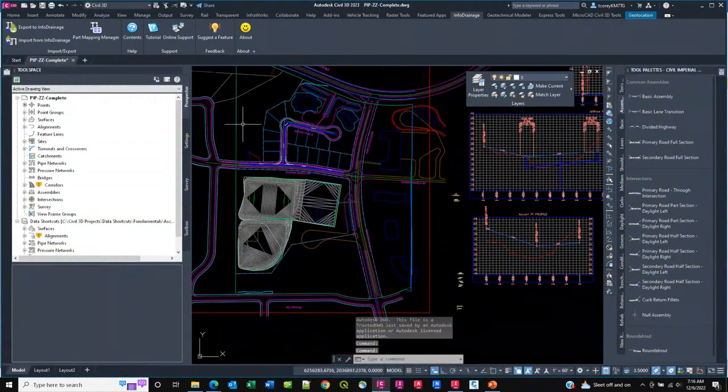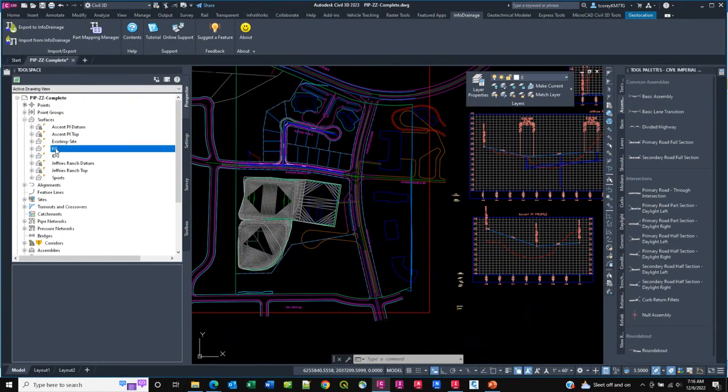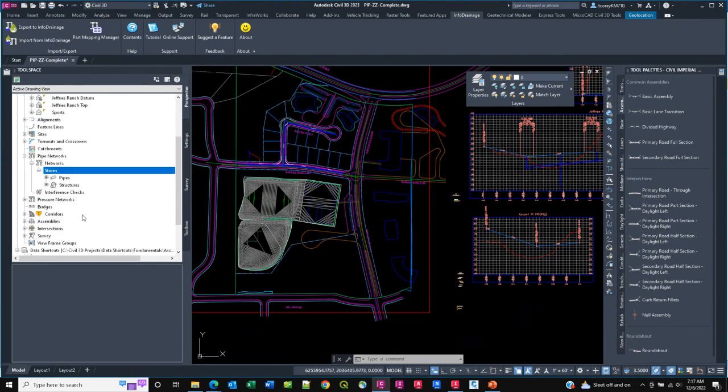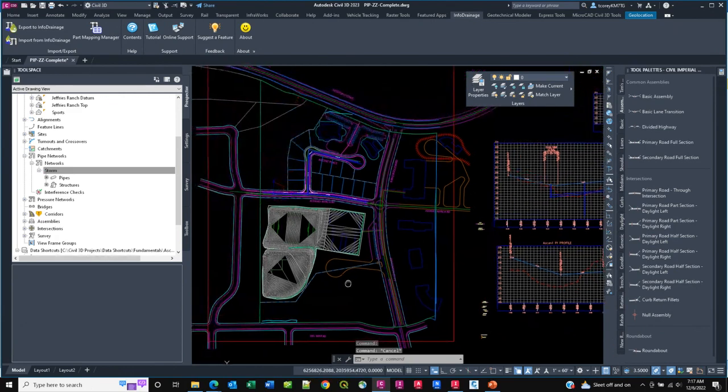So I have some surface models, existing. There's an FG, this area here. Got a pipe network called Storm, and there's pipes and structures. You're all familiar with this sort of stuff. So what I want to do now is take this over to